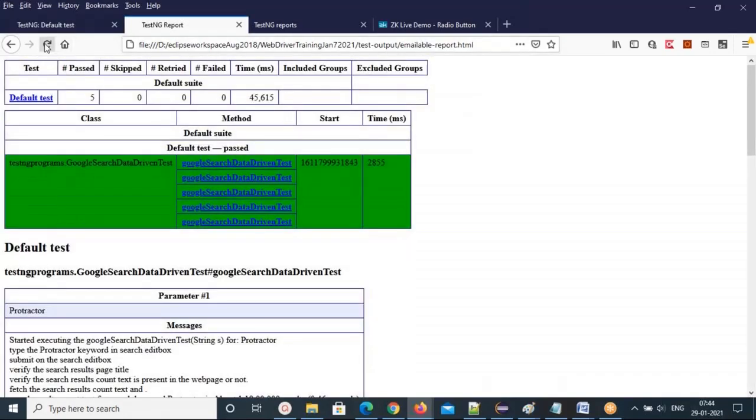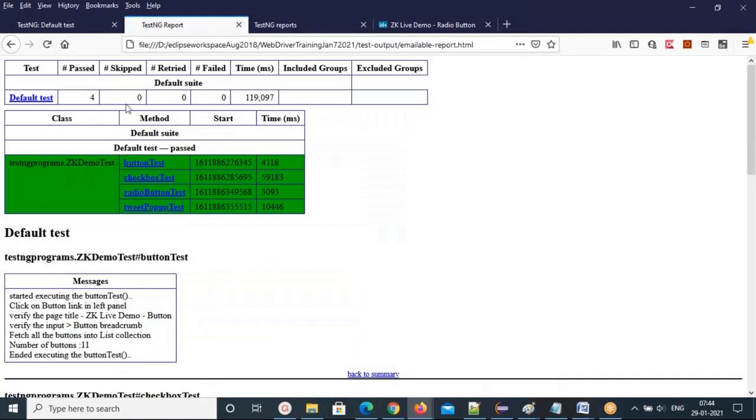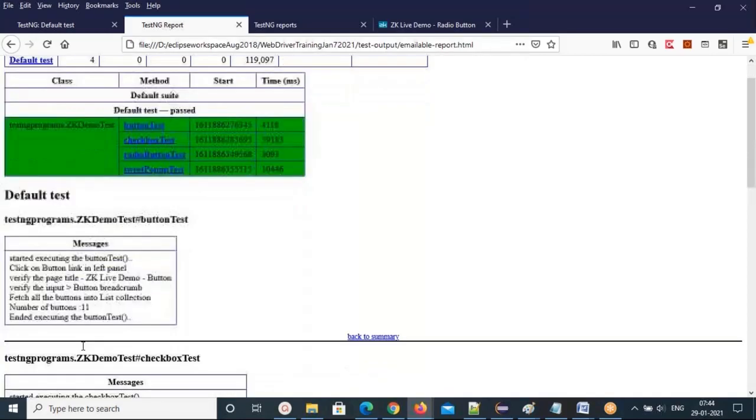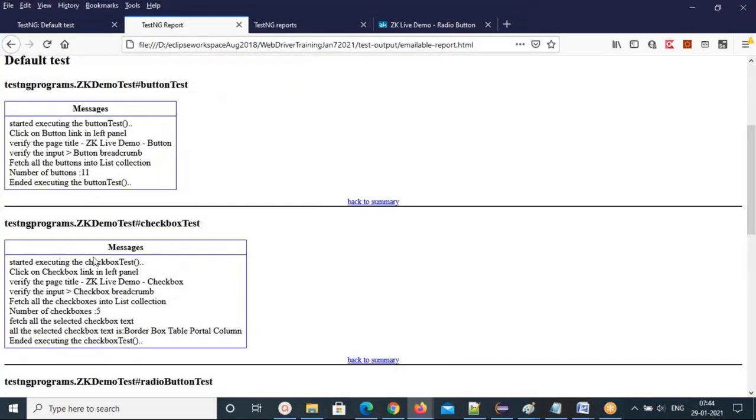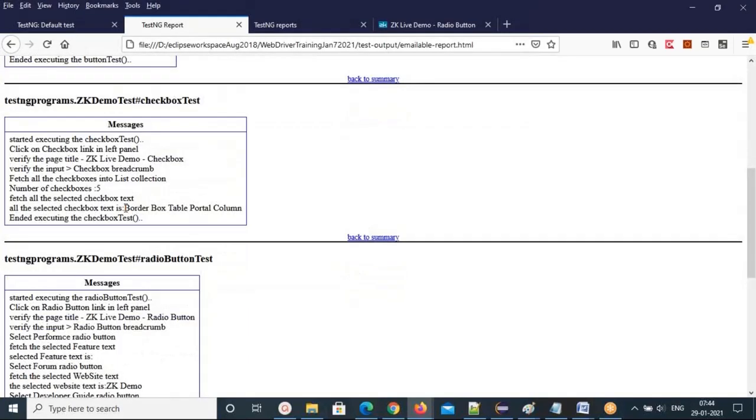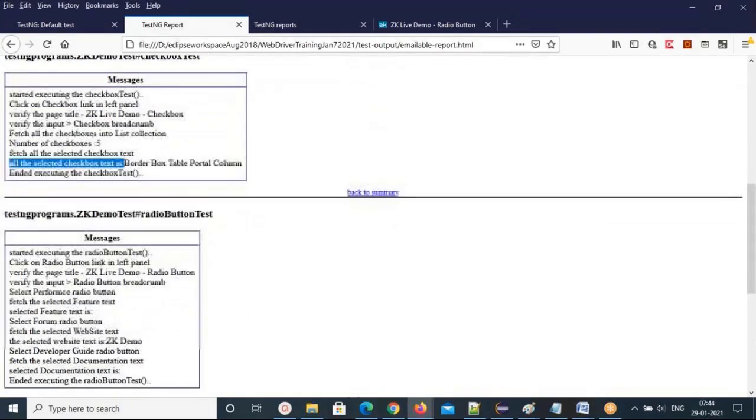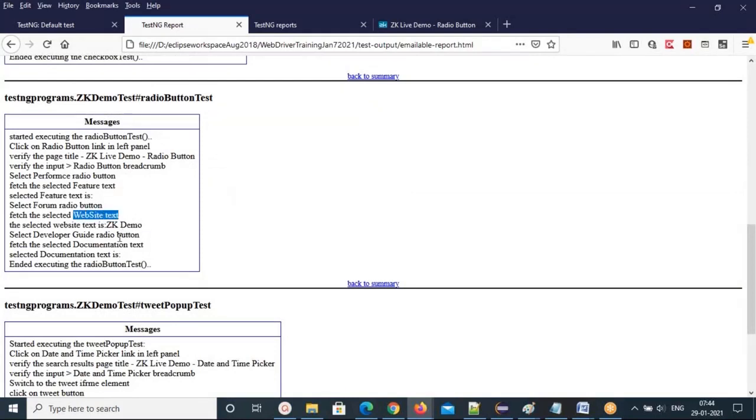Now, the second report. It's also the same, you don't need to copy paste. Again, the path, emailable report.html. All this we can get here. So you're getting all the text, the values you can get, website text, all this documentation text. Oops, we missed the documentation text immediately. So I think we need some time here. Last one, selected feature text. After selection, we need some value here. We need some time.